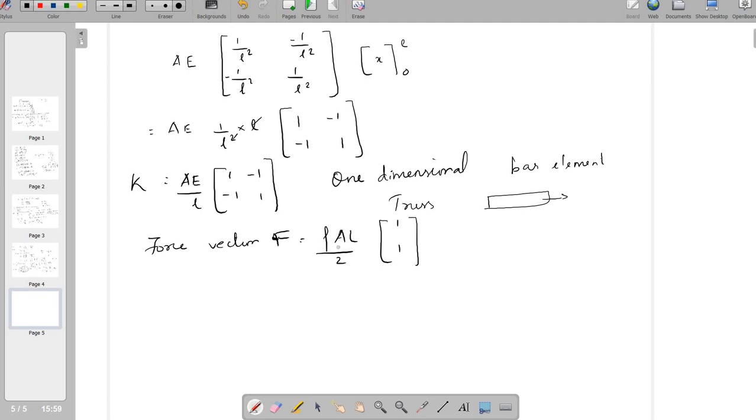In this video we introduced the stiffness matrix derivation for a one-dimensional bar element. Finally, we derived K equal to the integral over the volume of B transpose D B. Next, we derived the stiffness matrix for the one-dimensional bar element as AE by L, 1, minus 1, minus 1, 1. We are going to derive the stiffness matrices for different element types.